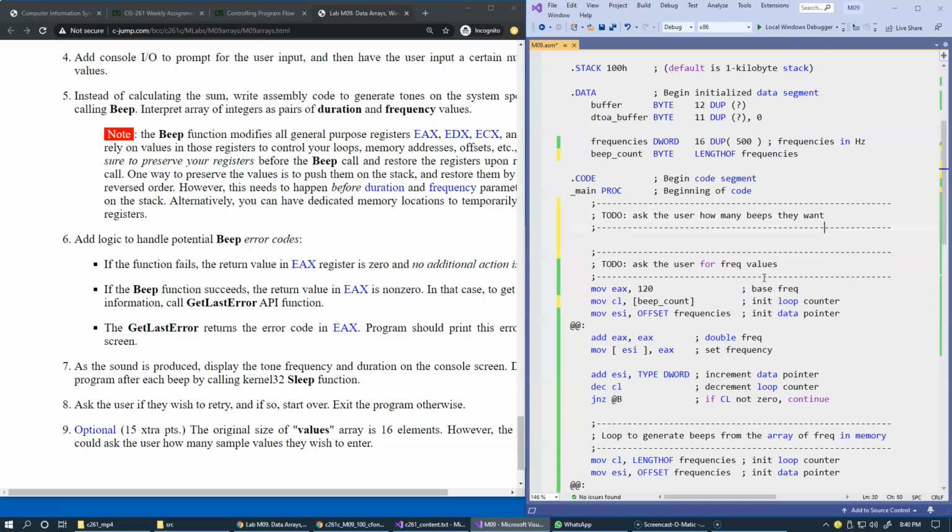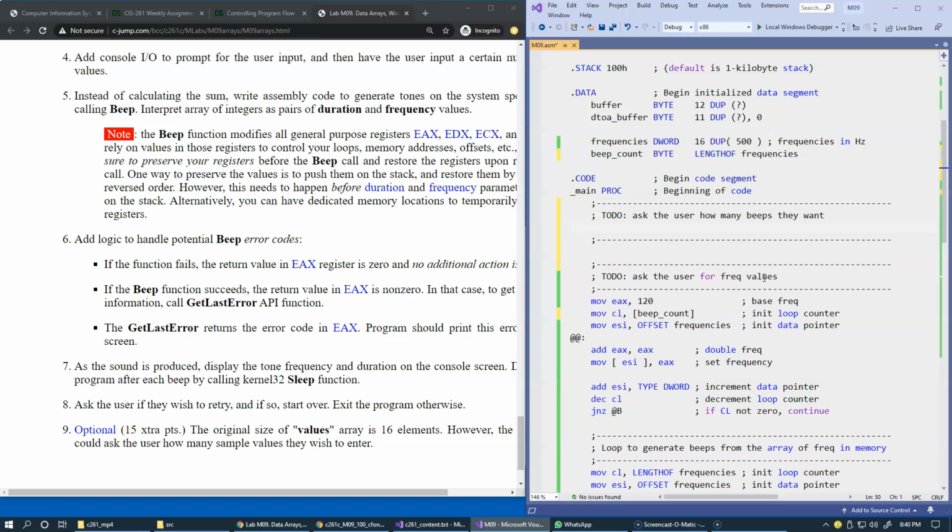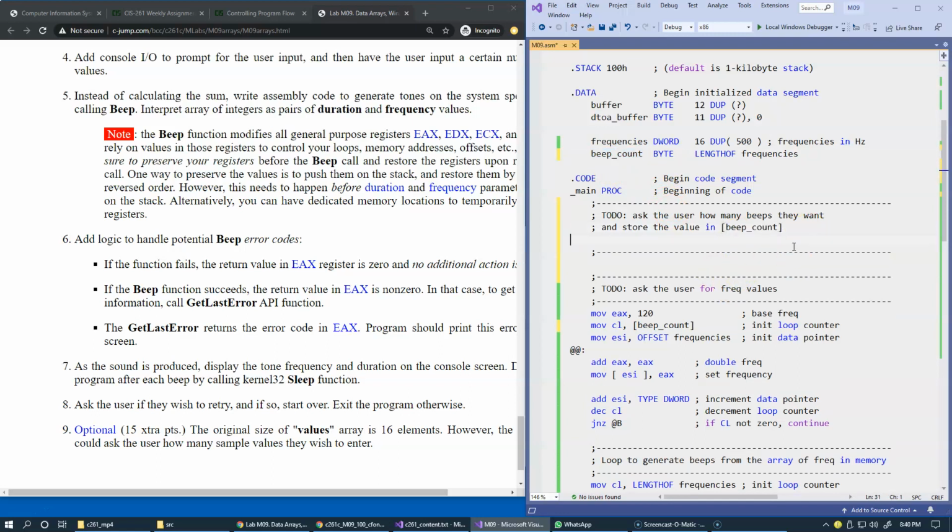And basically store the value in beep count. We also need to validate that the entered count